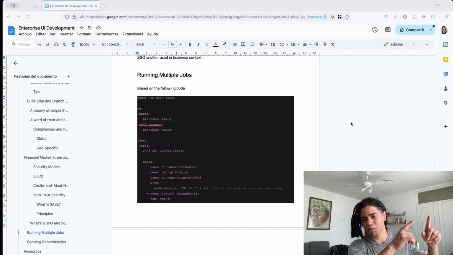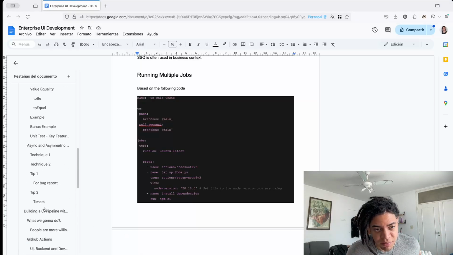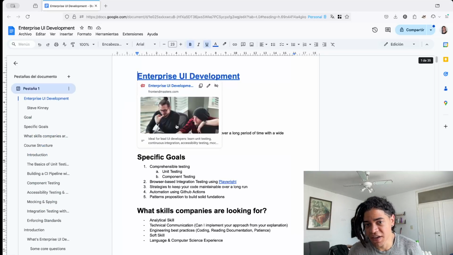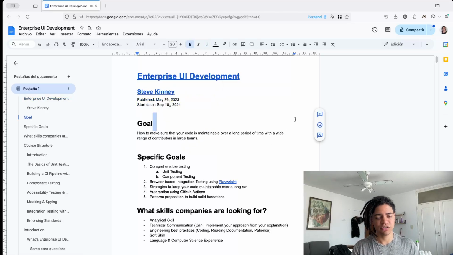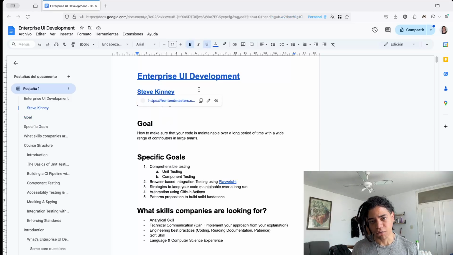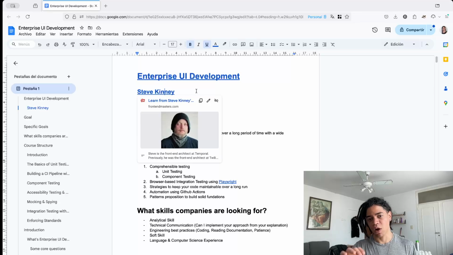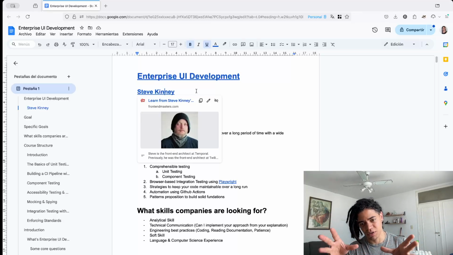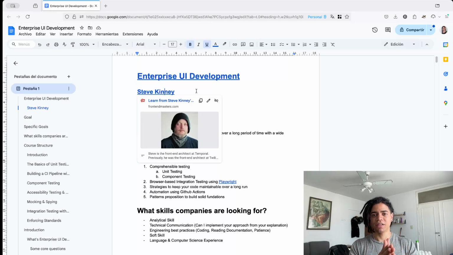This is part of the enterprise UI development. What does it mean? Despite the fancy word, it is just a way of how we can maintain code bases over a long period of time with a wide range of contributors in large teams. And for that, thanks to Steve Kinney, head front-end engineer at Temporal, and I get why he holds that position, because if you need to provide this solution and the ability to maintain, which is something that he briefly described,